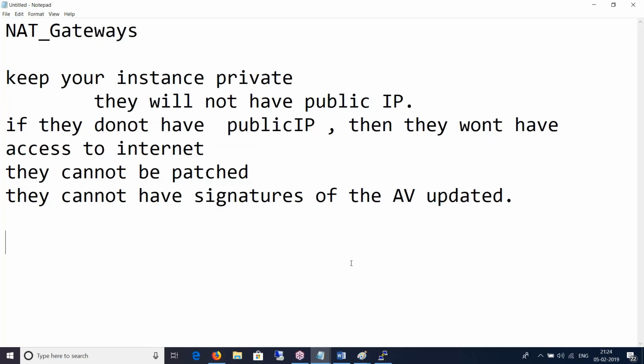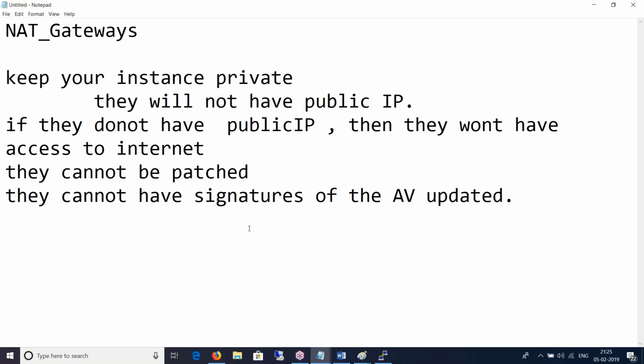Sir, is that clear? I have some doubts, so I'll check on that. Internet gateway is a must for a VPC. And even if the internet gateway is attached to the VPC, the EC2 instance that does not have a public IP will not have internet. It will have internet only if it has a public IP or an elastic IP. That's the only way to do it. Otherwise, you'll go for a NAT gateway. NAT gateways will give you internet.